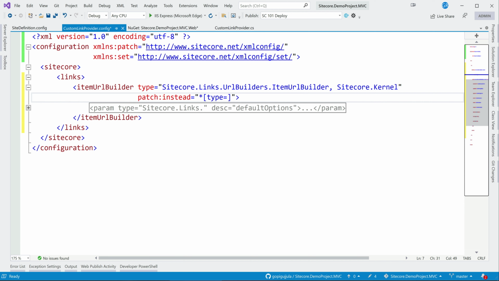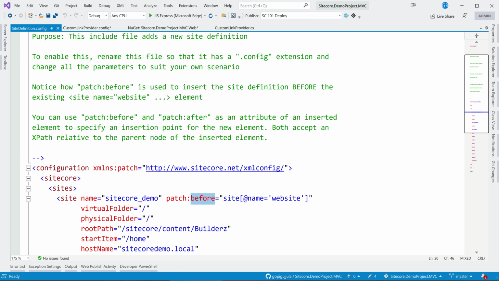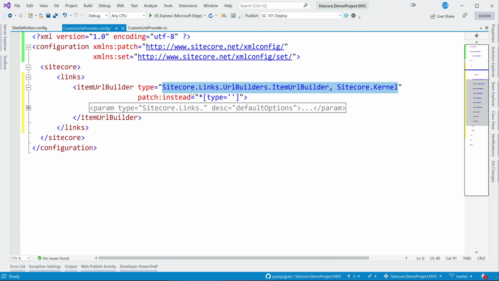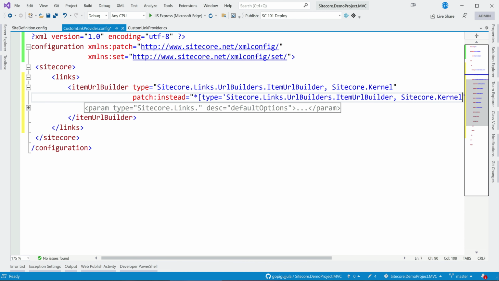So if you find this type, then replace with ours. So what is this type? Remember from site definition, how we were finding it? We were finding it by the site name, which is website. So when you find a site name website, you patch it before that. But here what we are saying is, find this type, then replace with our item URL builder. So just add this patch instant, and yeah, this is all completed.